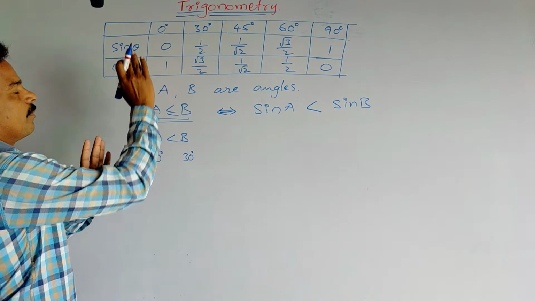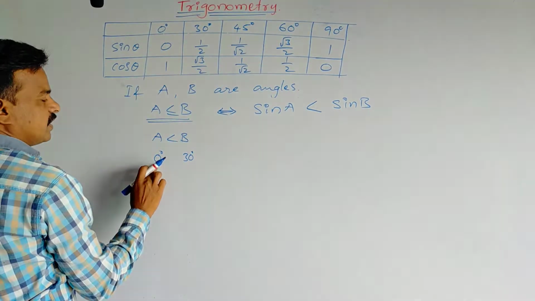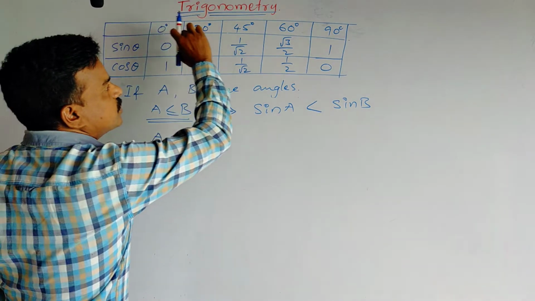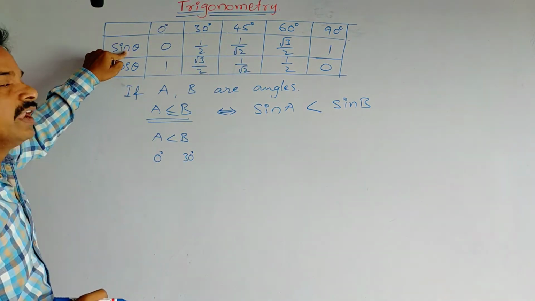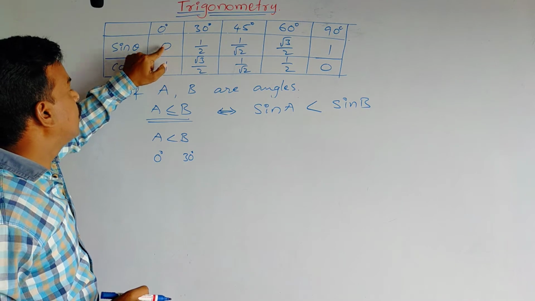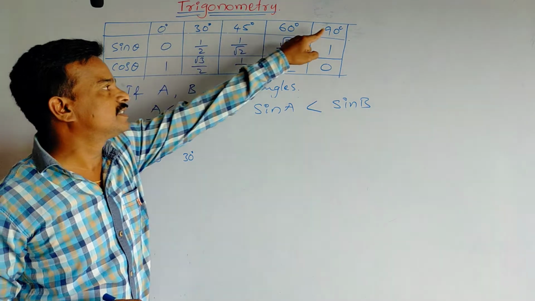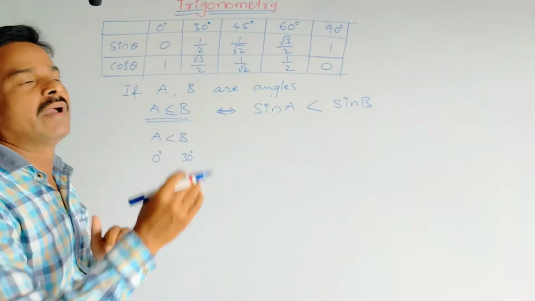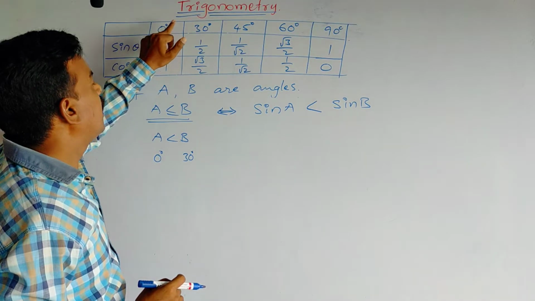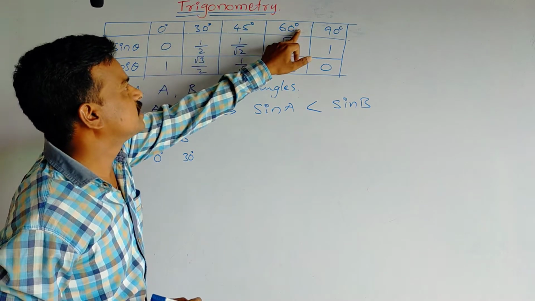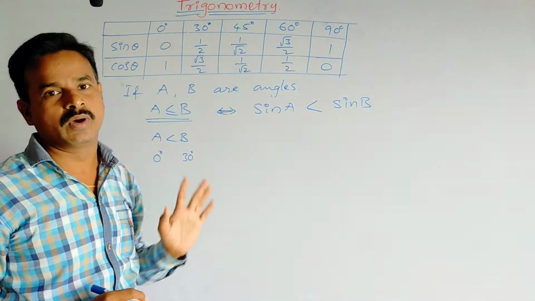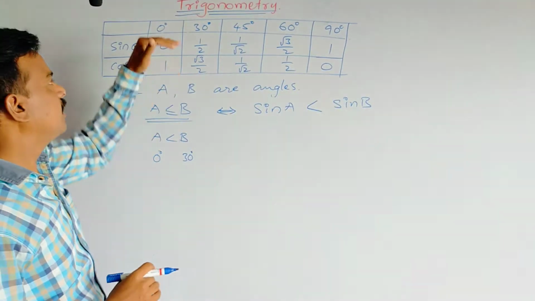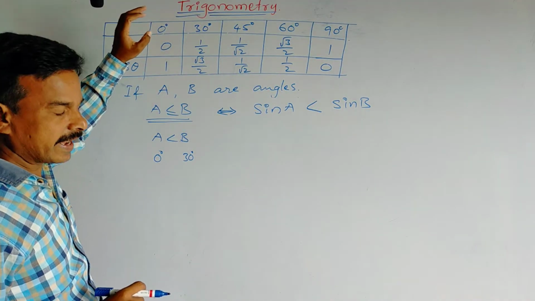For any example, for any degrees, you take 0 here and 45 here. We can observe in this table. Actually, here we have written the degrees from 0 to 90 in ascending manner. That means 0 is small and then 30, 45, 60 and 90. 90 is the biggest in this. So from small to big we have written, that means in ascending manner we have written these degrees or angles.